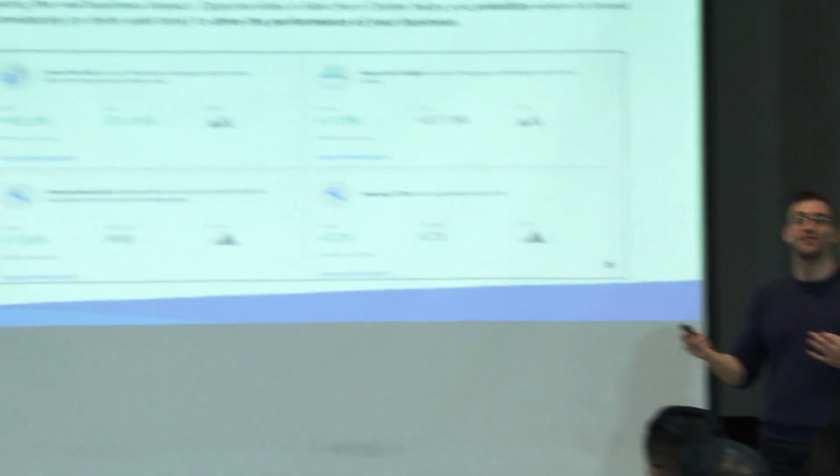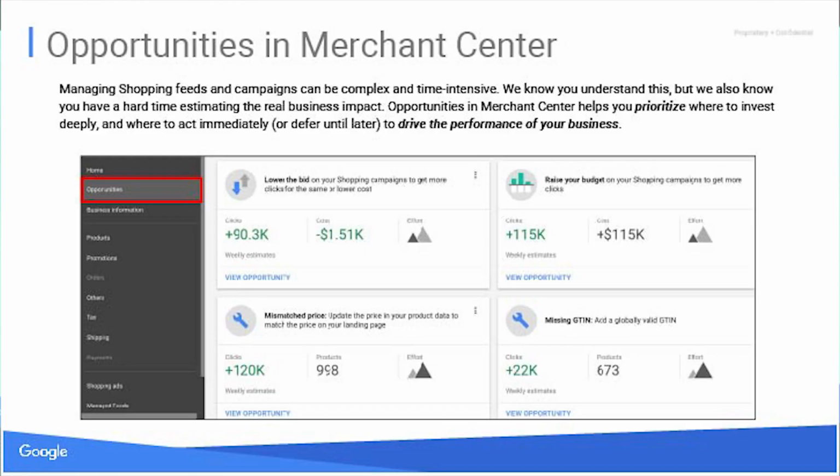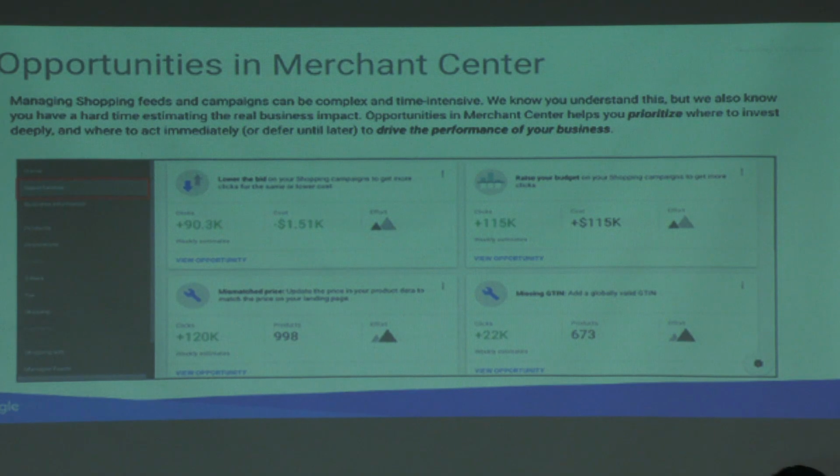So for example, in the diagnostics tab today, we might tell you that 673 products are missing GTIN, but what's the value to you if you fix that issue for those products? We'll now try to surface that. So you can see by fixing your missing GTINs, we estimate that you'll get an additional 22,000 increase in weekly clicks. So again, I'd urge you to start here if you have a lot of issues in your diagnostics tab. This really helps you prioritize which issues to tackle first.